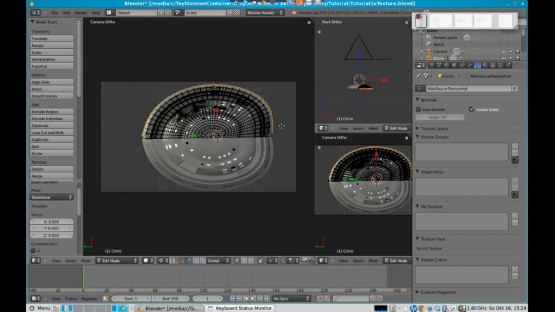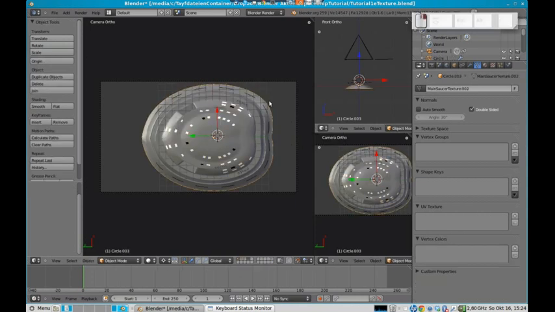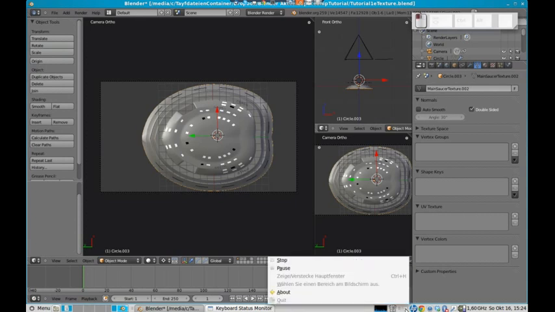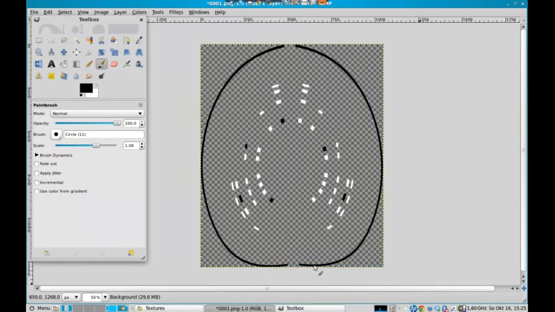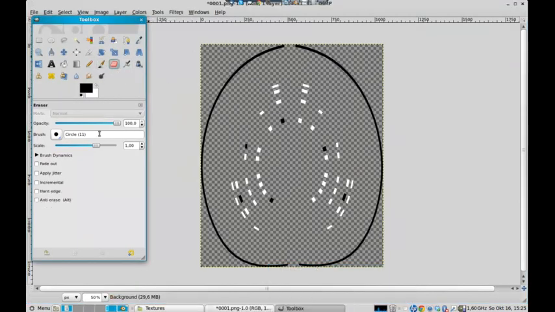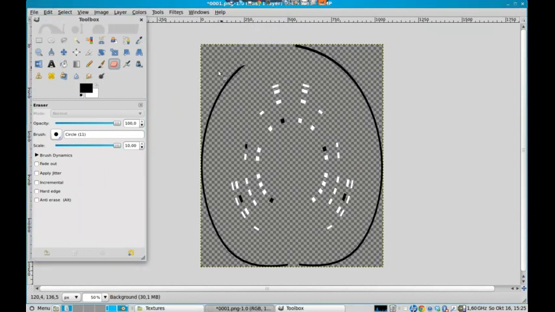So Shift D by copying that, and P selection to separate them. Okay, when I am in the GIMP state again, I will continue the recording. So now I have the same stuff again, but this time this helping line is aligned correctly. So we just need to save that,